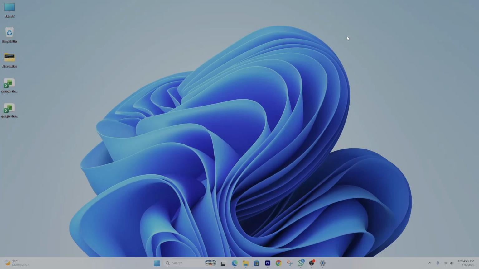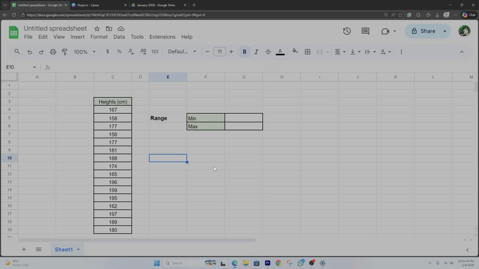In today's video, I'm going to show you how to find the range in Google Sheet. There are two ways to do this. One way is to use function. We have two functions in Excel and Google Sheet. The min function, which finds the minimum number in a set of values, and the max function, which finds the maximum value. Here I have a list of height and I need to find the range of value for this